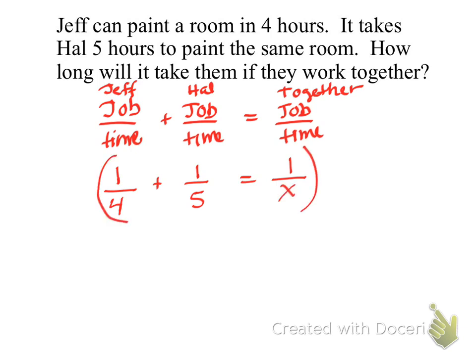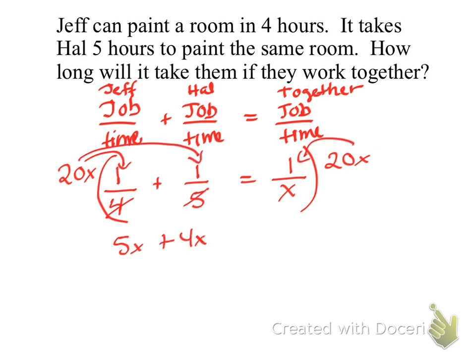That's very straightforward. So if they're just talking about mixing work rates, I generally do it like this. And then what would be my least common denominator? Yes? 20x. I'm going to multiply both sides by 20x. And now I'm going to distribute, and I get a 5x. And I'm going to distribute here, and I get plus 4x. And I distribute here, and we get equals 20. 9x equals 20. Divide by 9, divide by 9. X equals,